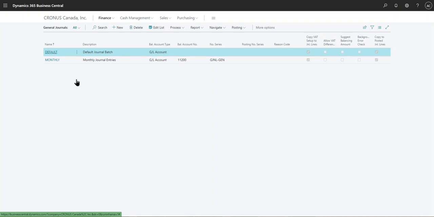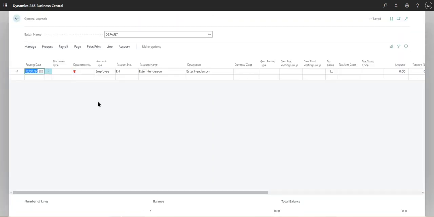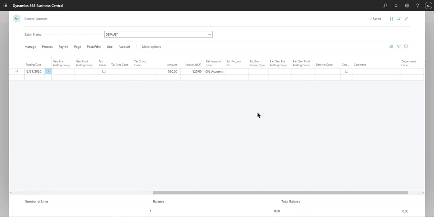So I'll just use the default one for now, and just to go through the process, we will be demonstrating that and then going through it. So you can give it a document number, for instance, and at this point, if everything is okay, we'll give it an amount of 520, for instance. So that's the debit amount that we're going to be debiting towards Esther Henderson that we've yet to pay from an organization's bank account. And your balancing